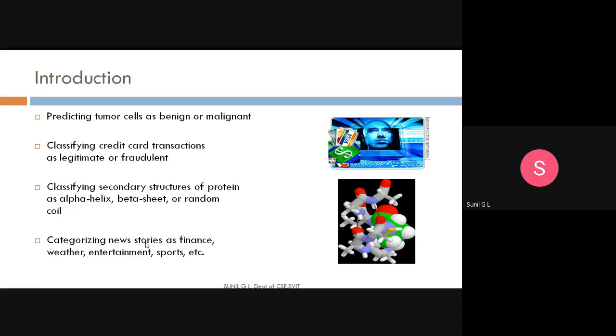These are some examples, and we have a number of applications available for the decision tree.